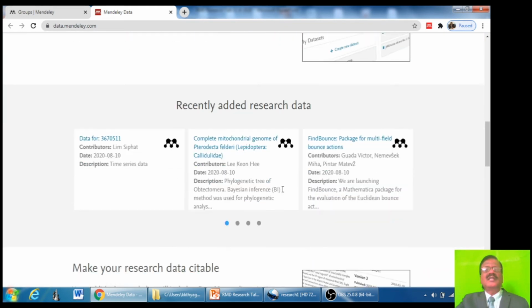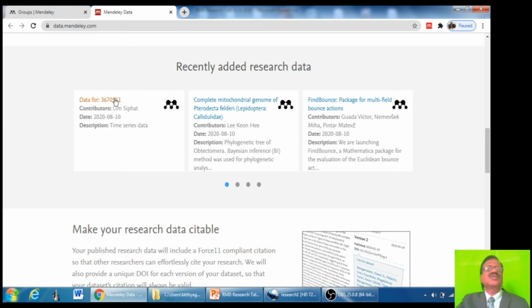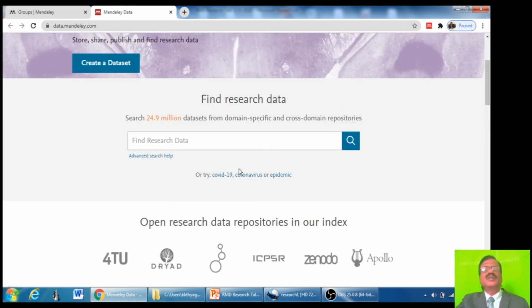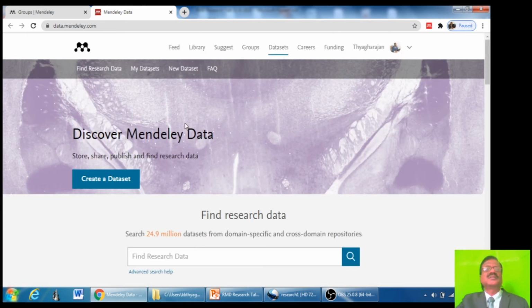Some of the datasets created by others are also available here. You can click on that and you can use those datasets. Similarly, if you create for your project, you can also upload and share with other researchers. And datasets will also be cited. So this type of sharing will be useful to you.